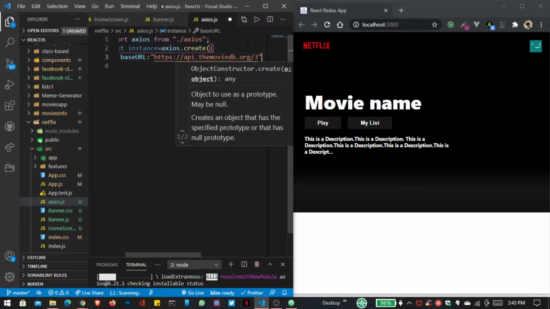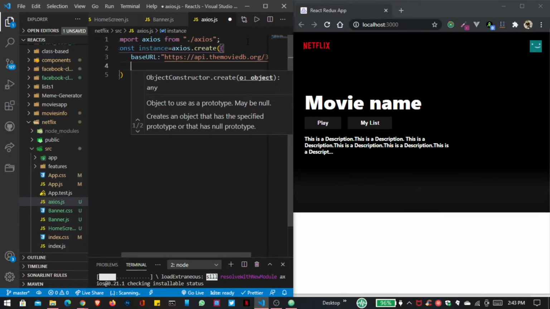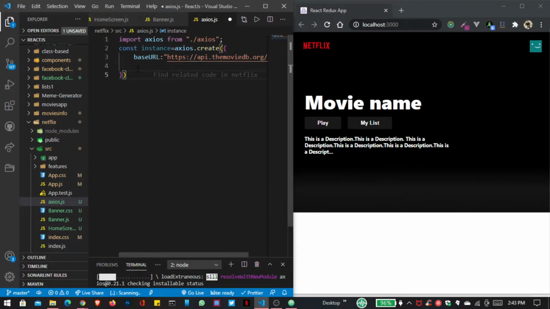So this is the basic URL that TMDB provides us. So we apply it inside our Axios, and then I want to export it because we want to use it inside our other files. So export our instance